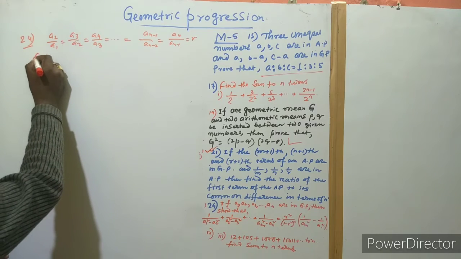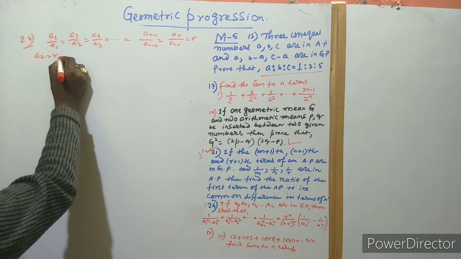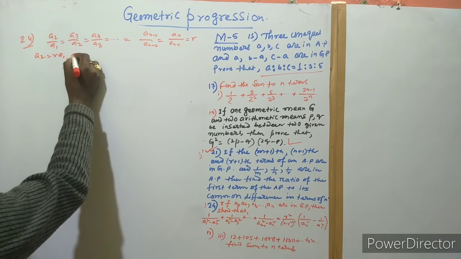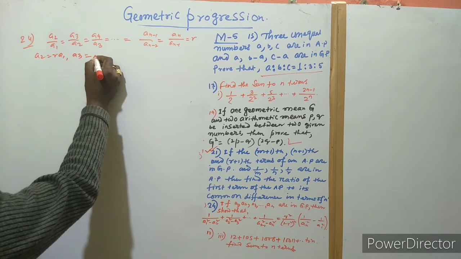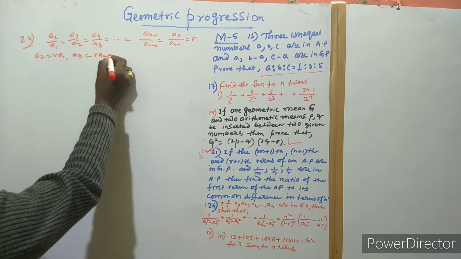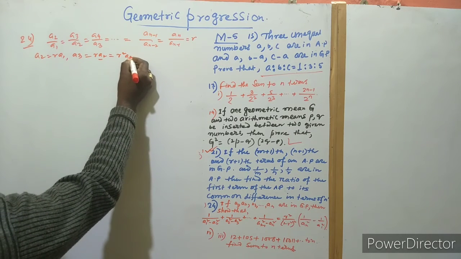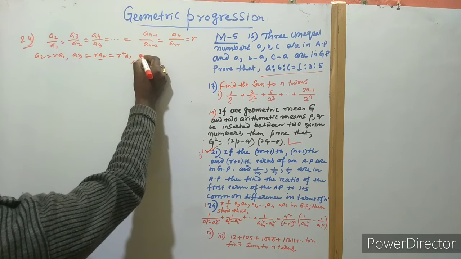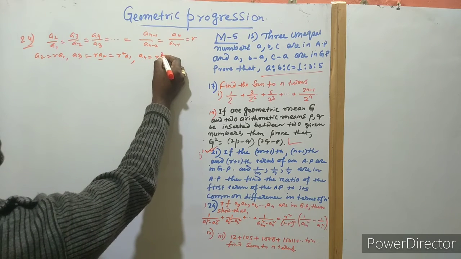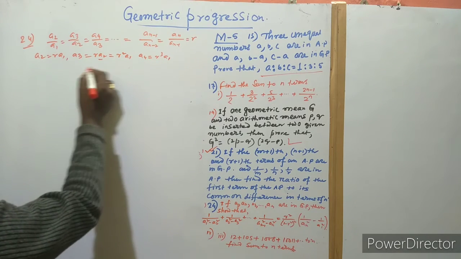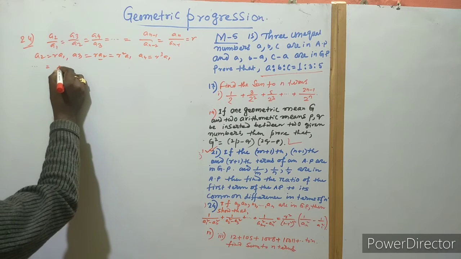So now A2, we can write here R into A1, and A3 is R into A2, and A2 can be represented by that. So R square into A1. Okay, so same as A4, so that is R cube into A1, like that. And same as we can write